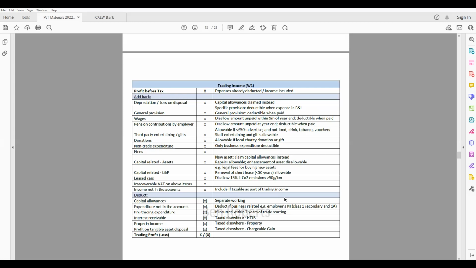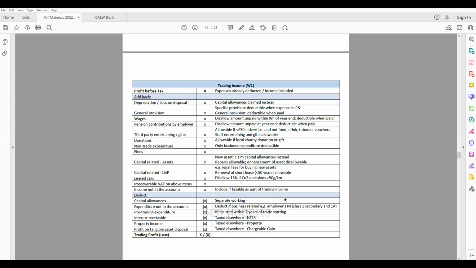Now, there are some quite specific differences, though, and one key one, and they do tend to throw this in quite a lot in the questions to really examine you, is that, of course, when we looked at individuals and there was anything to do with private use of assets, we took that on board in the questions, and we restricted any capital allowance, any cost that was in relation to them privately. We wouldn't deem that an allowable cost, and we'd make an adjustment for that, because essentially that individual is the business.